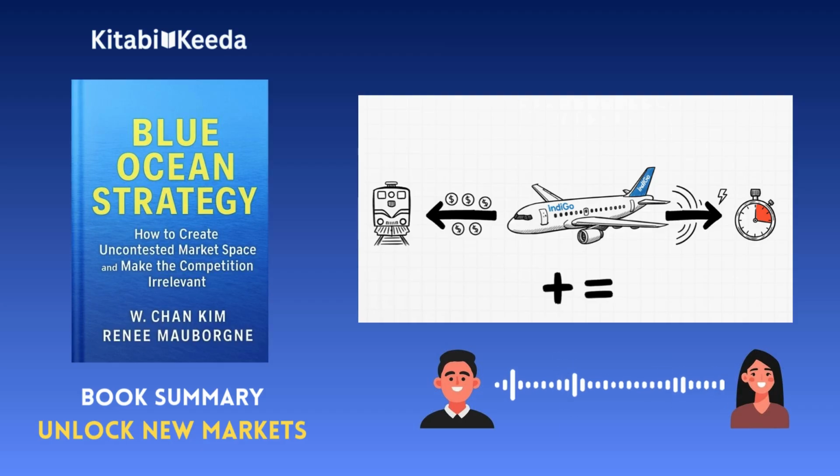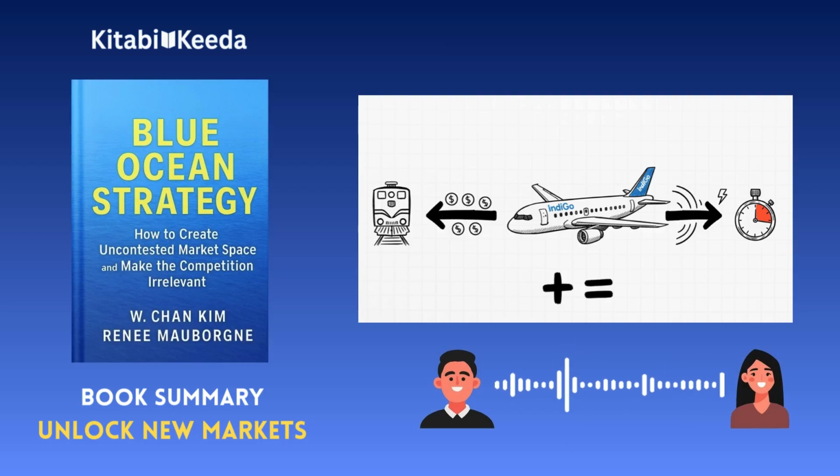But it wasn't just about being cheap, was it? Because that's a race to the bottom. No, and this is the critical insight. They honed in on the biggest pain point for the train traveler. It wasn't the lack of a free meal. It was the timing, the uncertainty. Will my train be 5 hours late? 10 hours late? Exactly. So what did IndiGo do? They ruthlessly eliminated frills. No free food, no lounges, simple pricing, all to cut costs. But they dramatically raised one single factor: on-time performance.